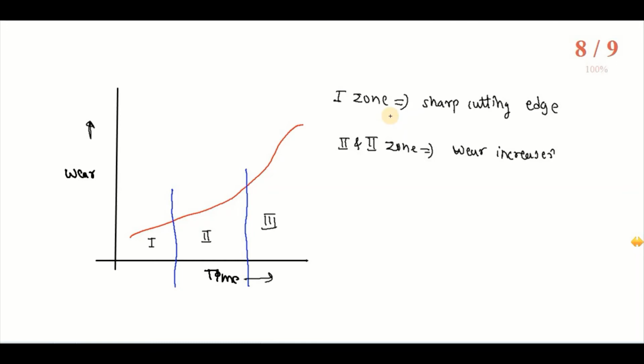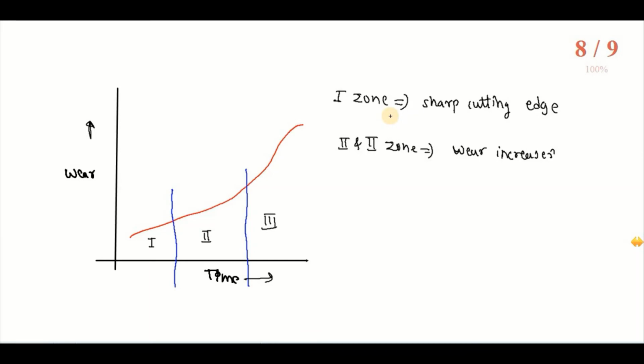And in the second zone and mostly in zone three we are getting the drastic wear due to the large contact area between tool and workpiece. Like the sharp cutting edge is worn out, so we are getting a large contact area between tool and workpiece. So if you consider the gradual wear failure under similar conditions of machining, the failure duration is repeatable, hence this is called the normal failure of a tool, and the failure duration is considered as tool life.